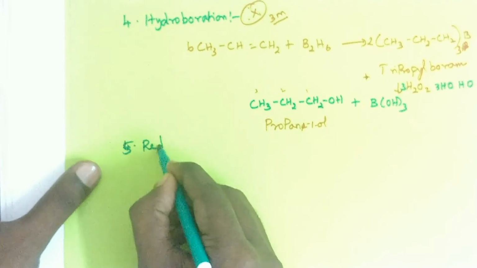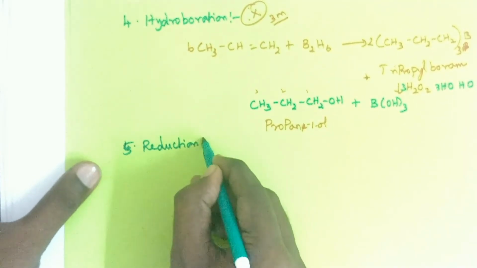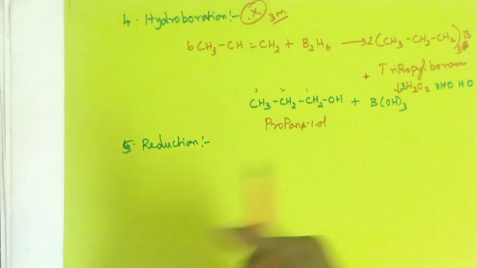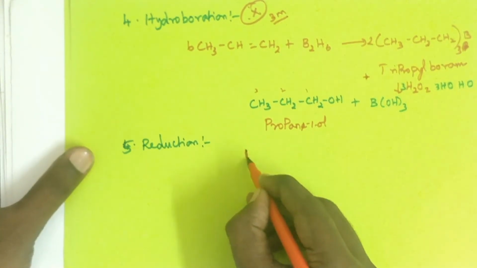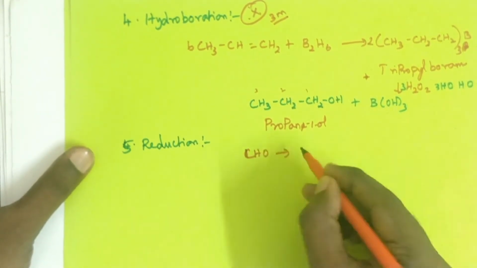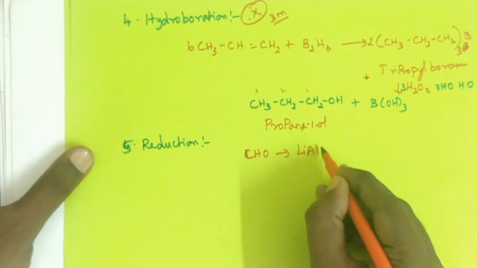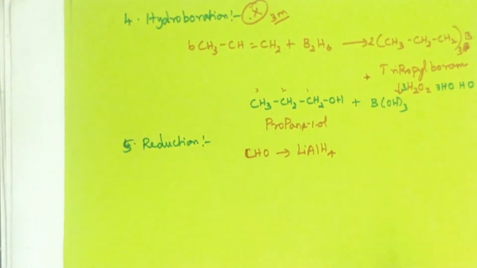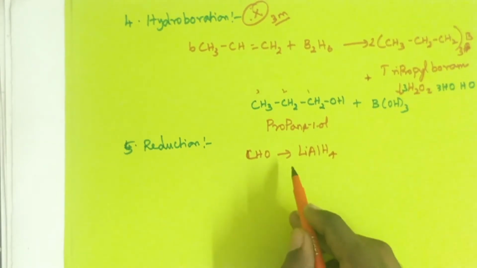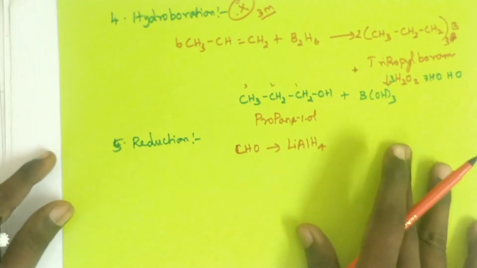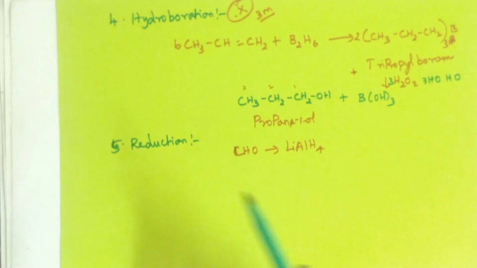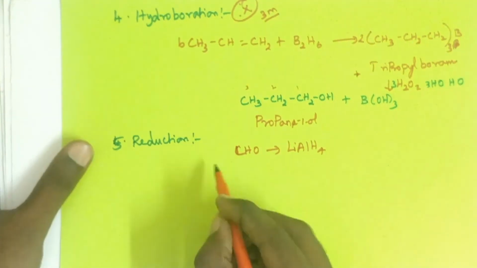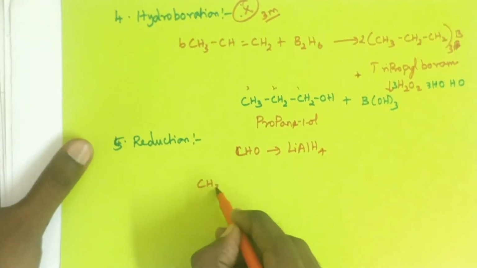is reduction. So aldehyde is reduced by using lithium aluminum hydride. Normally we use only lithium aluminum hydride because this alone will reduce carboxylic acids. So I will give one compound. Suppose you take acetone